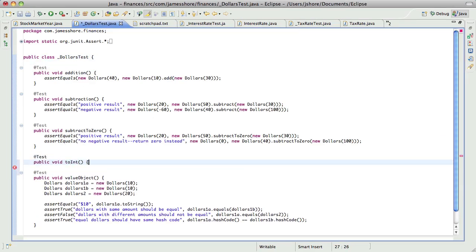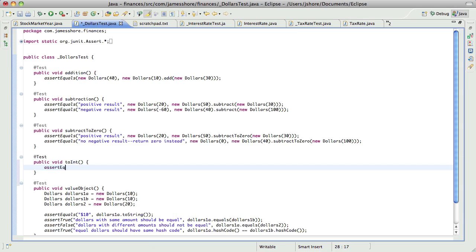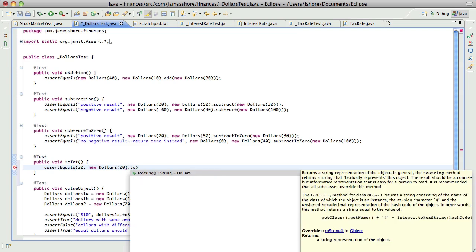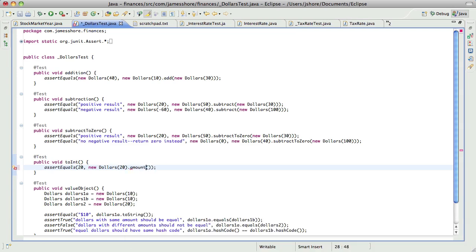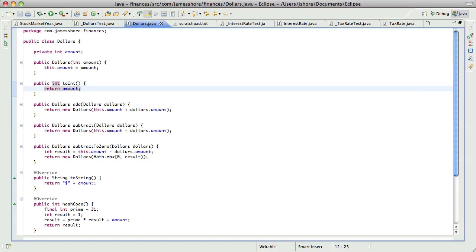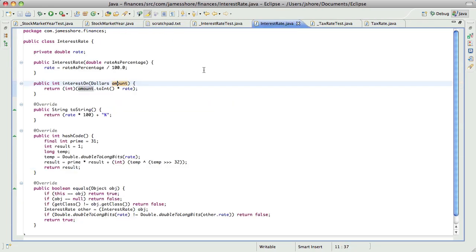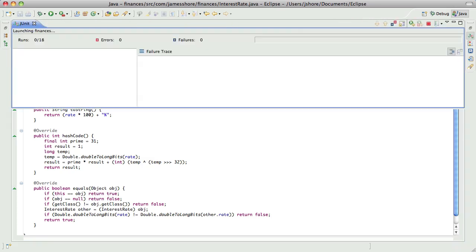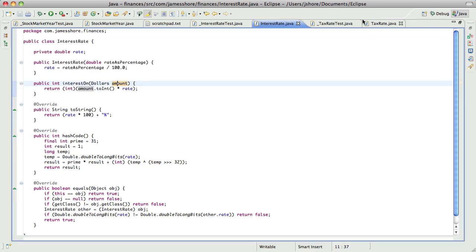I'm going to call that toInt instead of amount to really emphasize that it's a data conversion. And of course that is amount. Now I expect that to pass. Yeah. Now we'll rename that and copy it. Okay. So what that means is, yeah, amount.toInt times rate, and then good. And inside of tax rate,